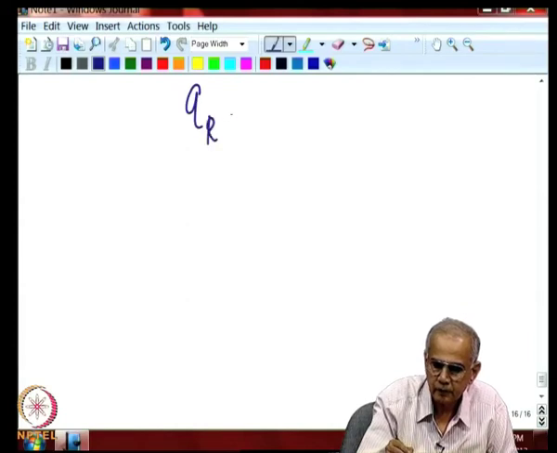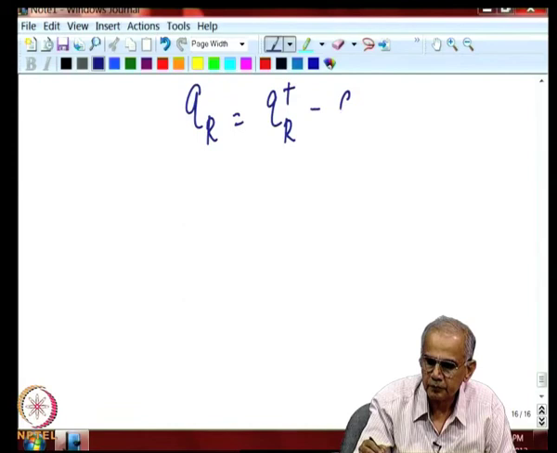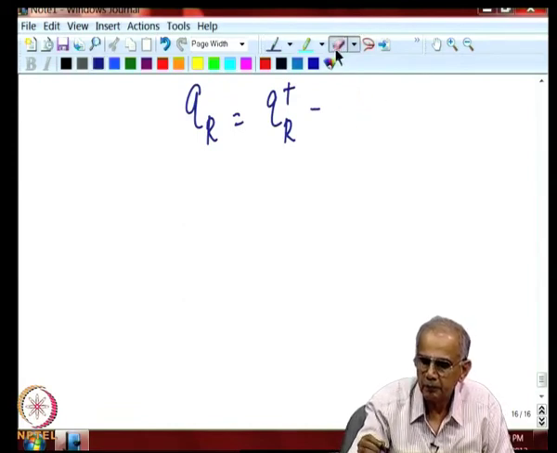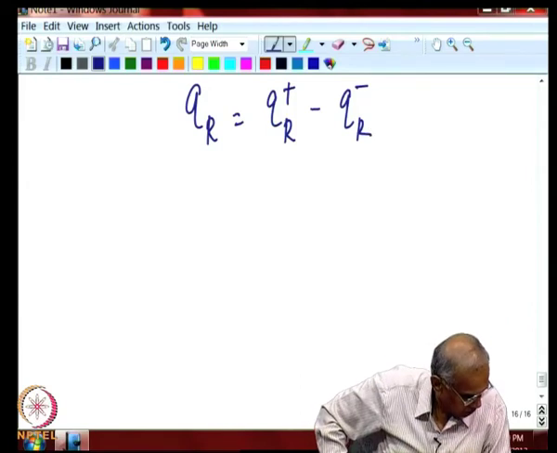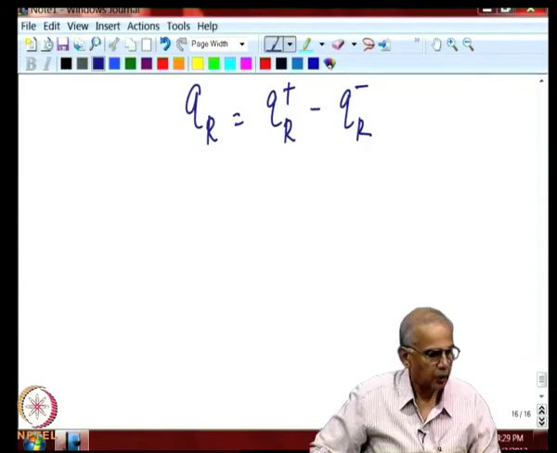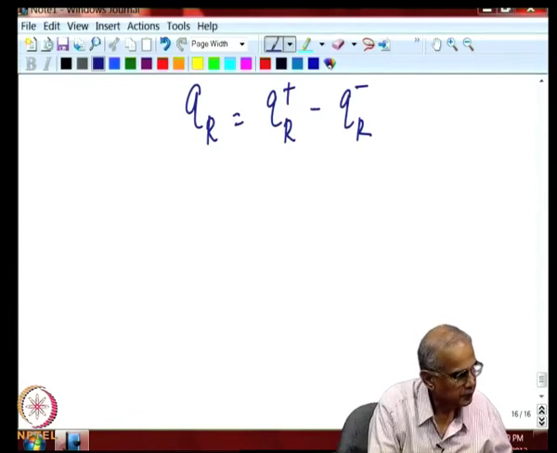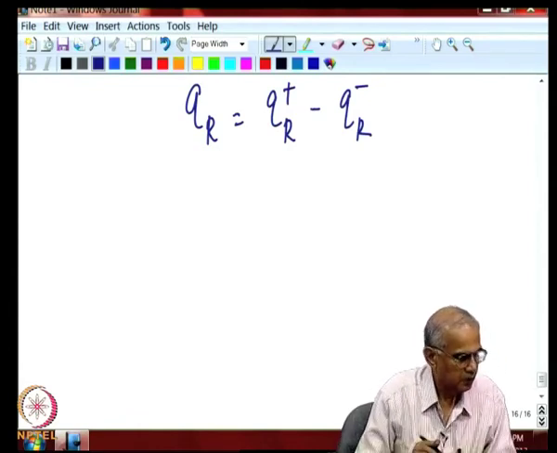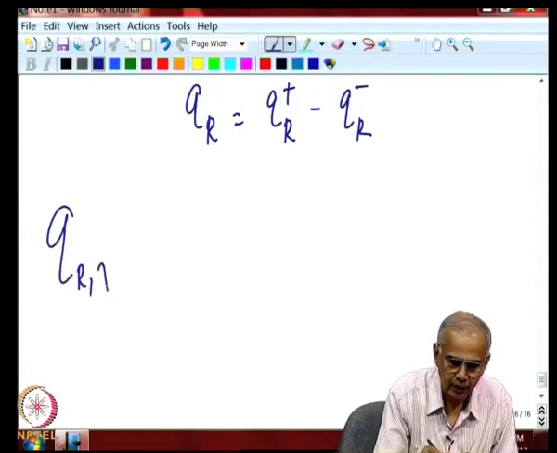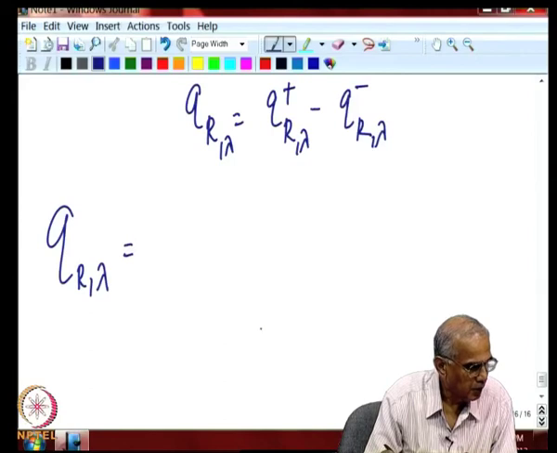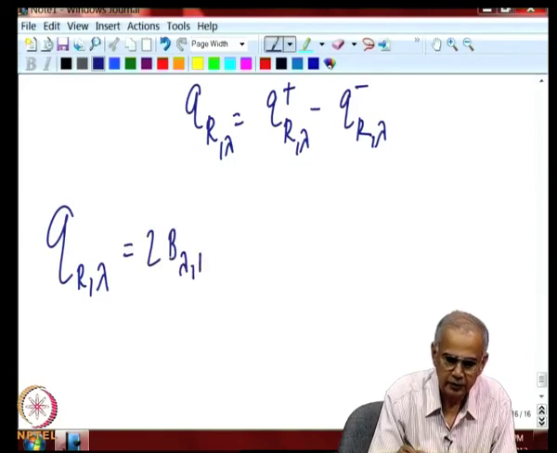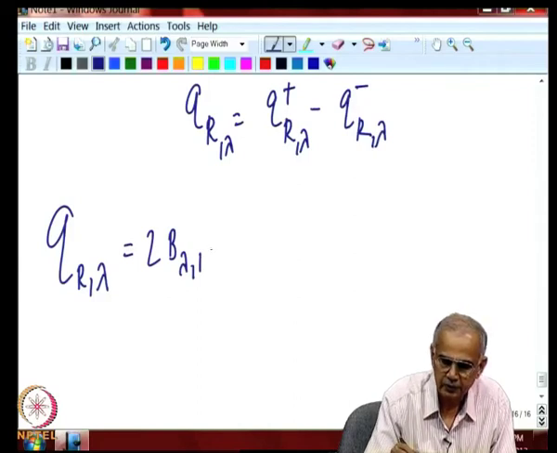Net flux is up minus down. So, the final expression for radiative flux, which we will be using quite frequently in the next few lectures, is written as follows: the net radiative flux between lambda and lambda plus d lambda has the radiosity of the top surface, or in this case bottom surface, E2 of kappa lambda